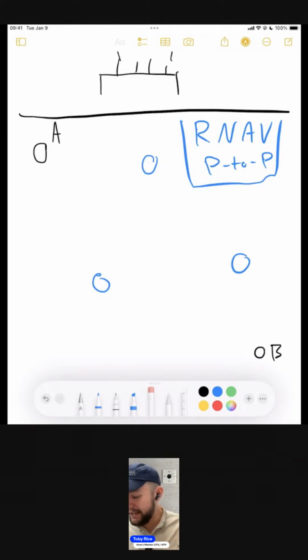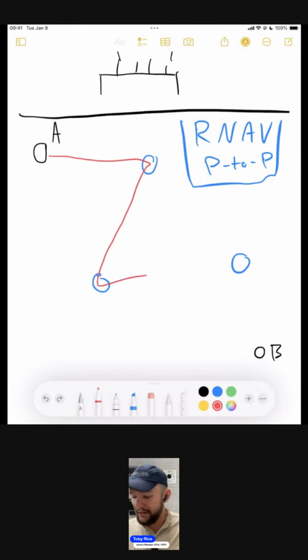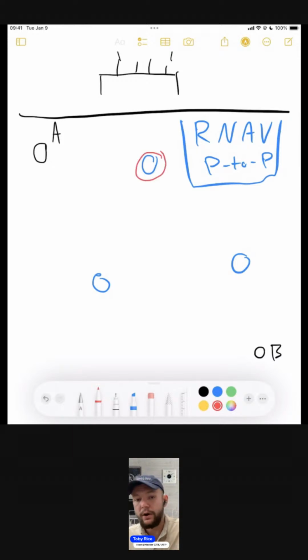Instead of me flying a zigzag flight from A to B, oops, my eraser, wrong button, my bad. Unless you want to fly a straight line from A to B to C to D, and then eventually get back to your airport, which we don't want to do, we have to use an RNAV. So here's how this works. An RNAV takes the VOR that we have selected on our RNAV box. An RNAV box, by the way, is just a simple radio. You plug in your VOR frequency,